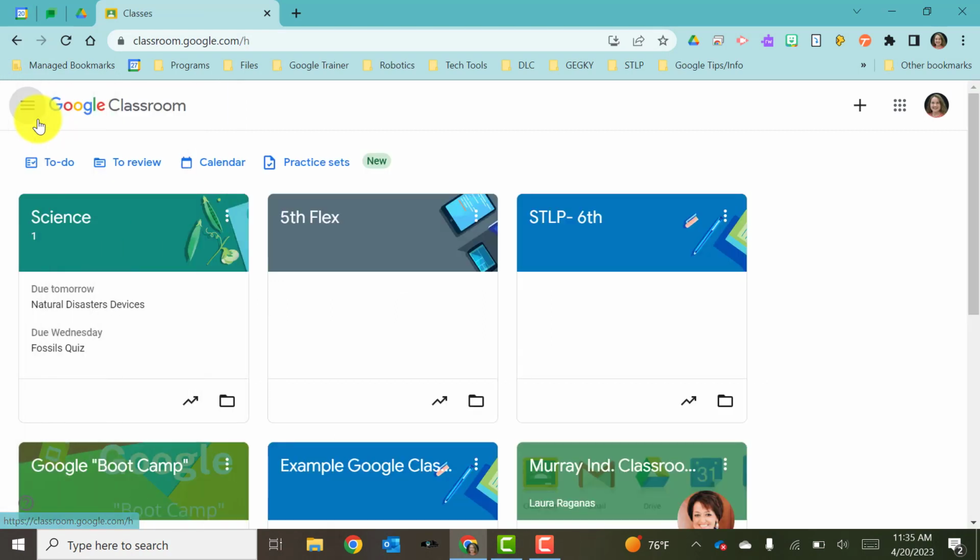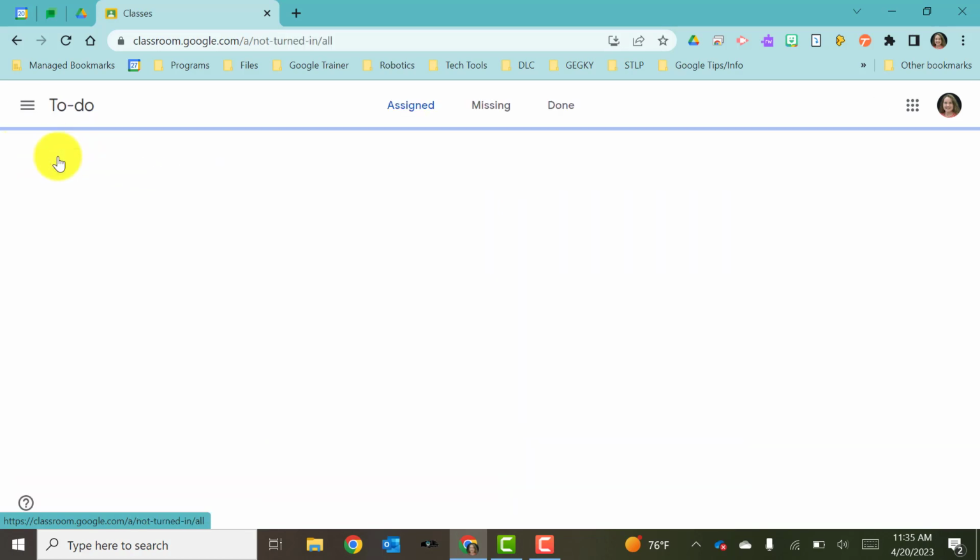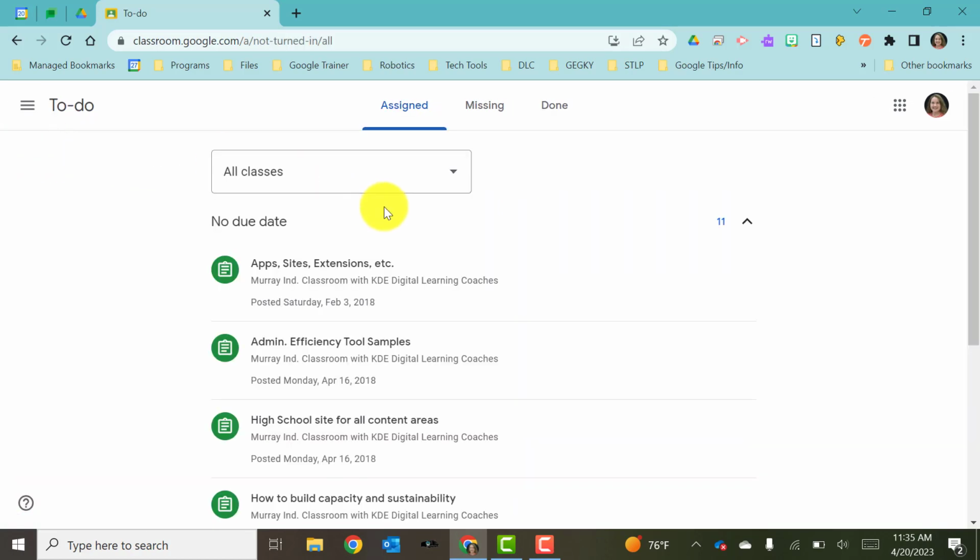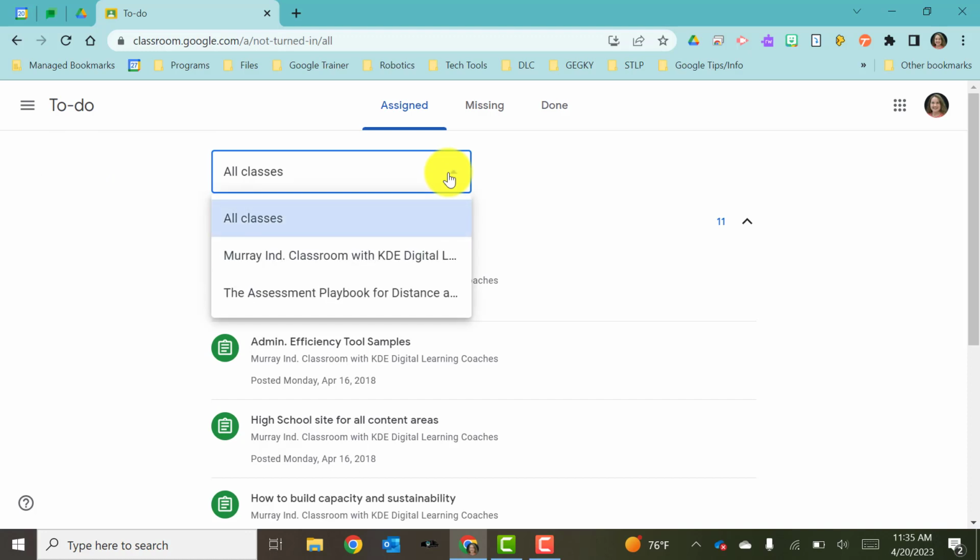The other thing that I want to point out is a couple of options up here, the to-do and the to-review. The to-do is going to be a list of items that you need to complete or work on for classes that you are enrolled in as a student. Now, you may not be enrolled in any classes as a student, unless, of course, you're taking my Google certification course. But this is really handy to know about because students have this option,